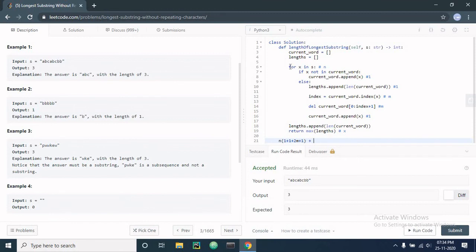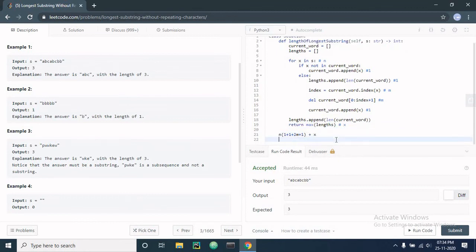We have come out of the for loop, so we will add it. So we will add x here. In this we will get rid of all the constants, so it becomes nm plus x, and you can see